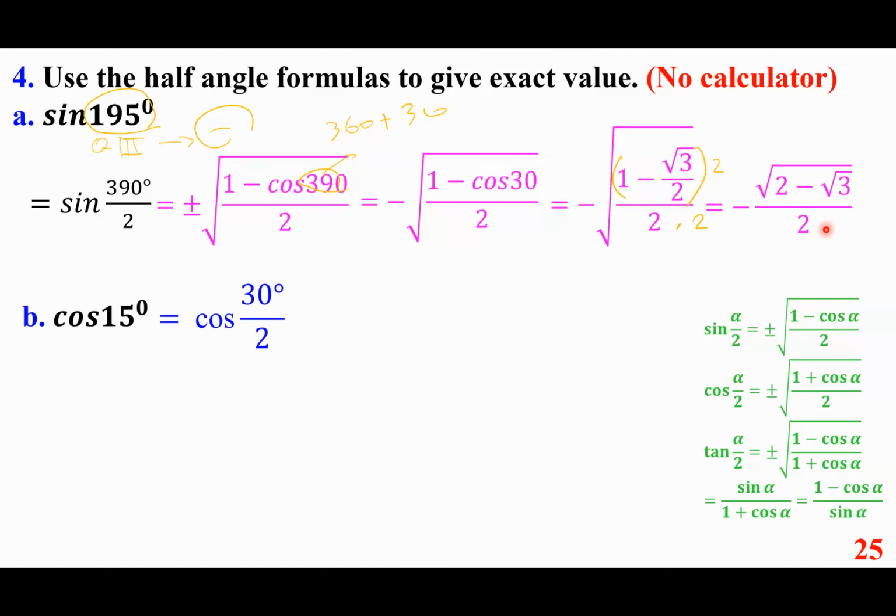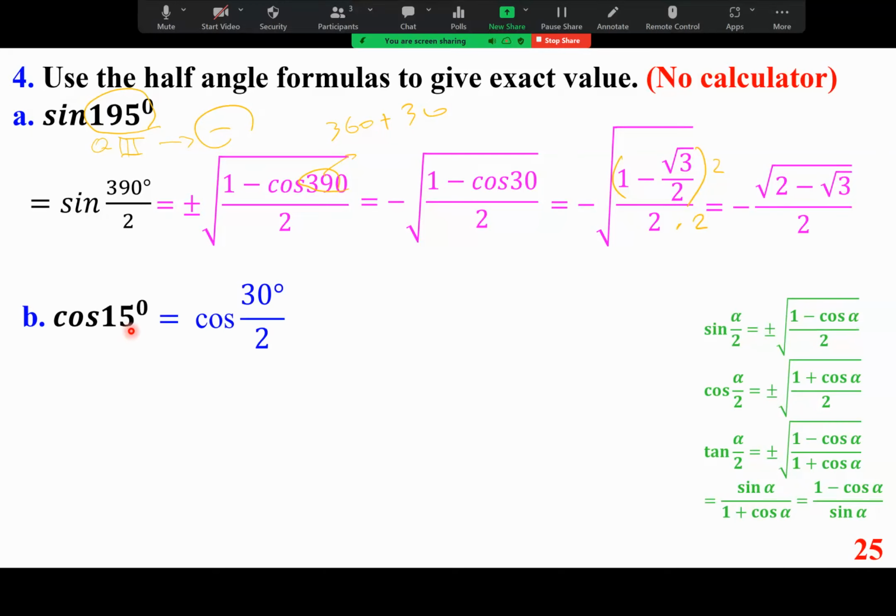It's the same as 30 over 2. By the way, there are other ways. For example, you can write 45 minus 30 and do it that way if you want to. But for now, 30 over 2. And again, we go with this